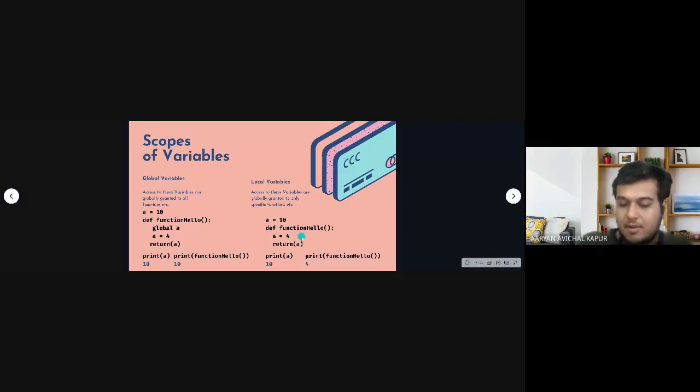The a is equal to 4 that I mentioned inside is the local variable, and a is equal to 10 is the global variable. But I can access the global variable in my local function by using the keyword global a. So now the a that I'm using is brought from the global a to the local a. Is this clear to you, Ronak?